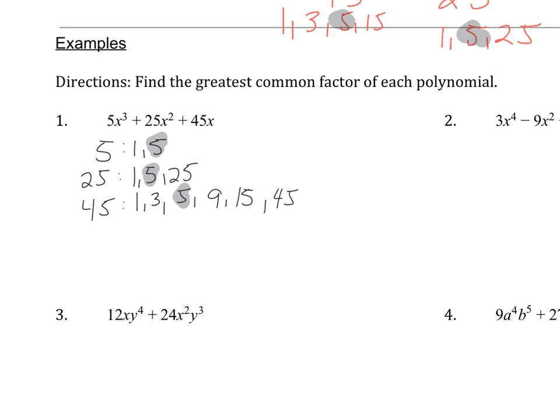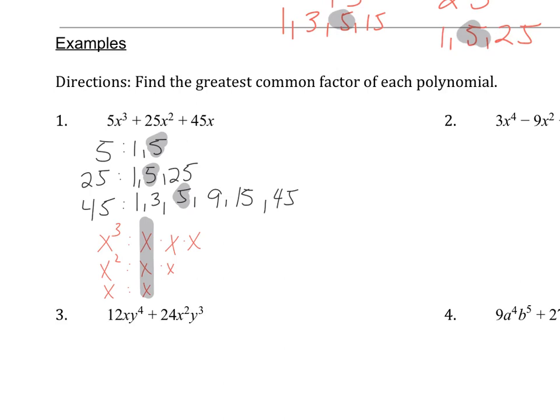So I have x to the third. Remember, x to the third is the same thing as x times x times x. x to the second is the same thing as x times x. And our x is just going to be x for the last expression. So what do all three of them have in common? Well, all three of them have one x in common, so my greatest common factor of all three of those